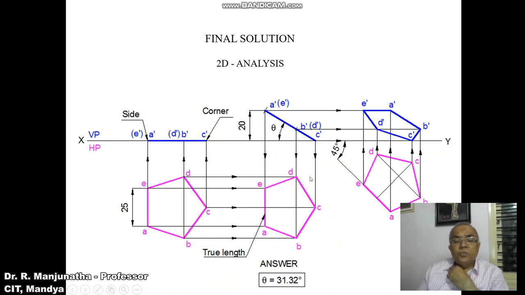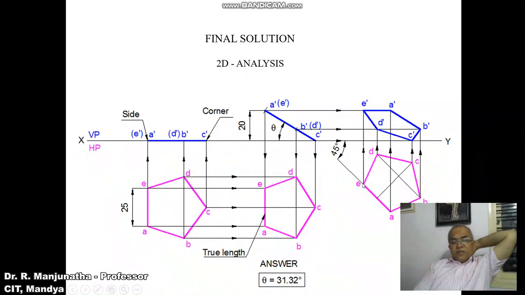Now the inclination given is the true inclination, but the length you have in the second position top view is the true length, because A dash E dash is parallel to HP, so you are getting the true length in HP. Since the inclination given is true inclination and also the length is true length, therefore from the projections of lines, the true length will be on the true inclination line, we can transfer the true length. So first consider any point and draw a horizontal line.